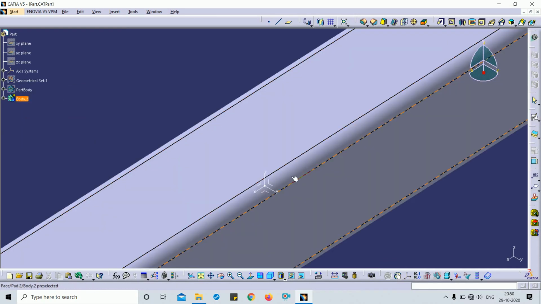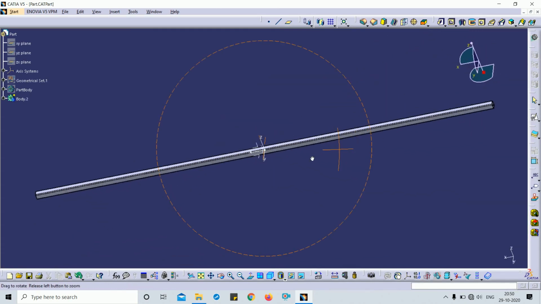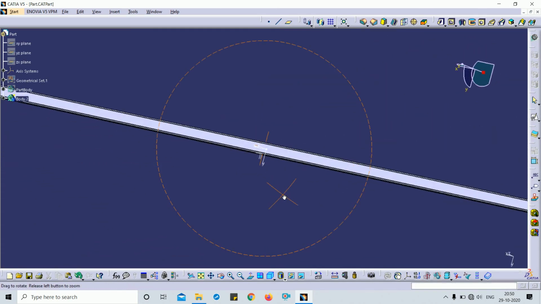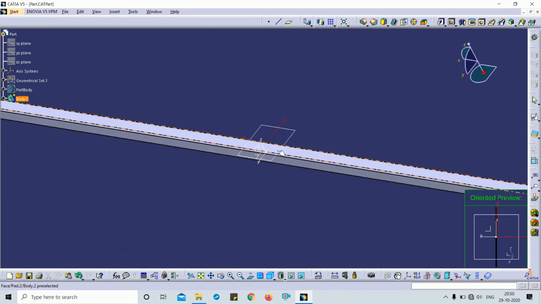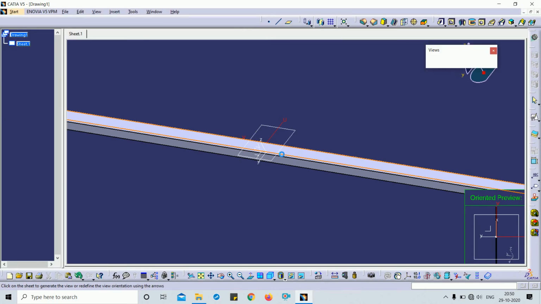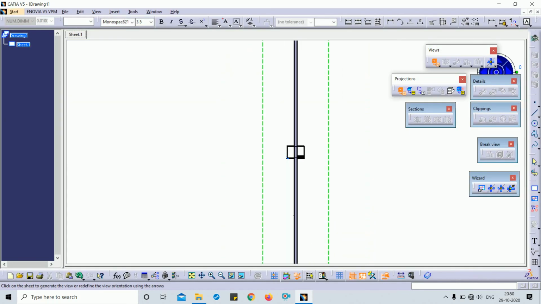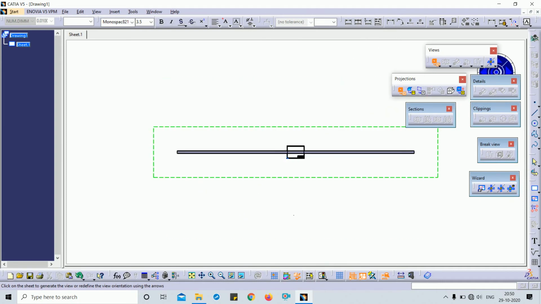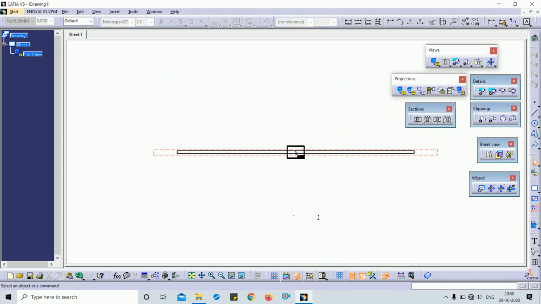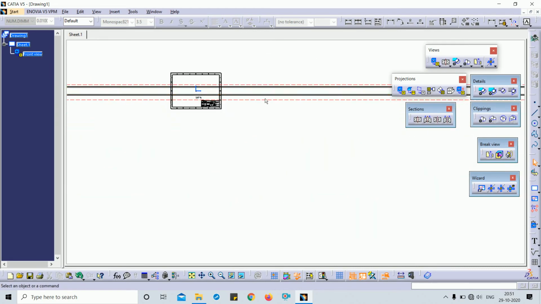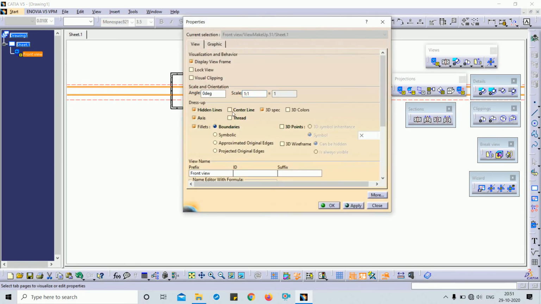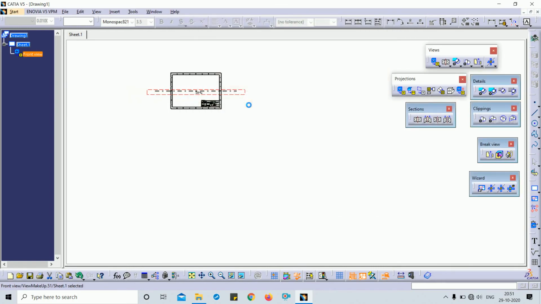This is my square tube, which has a length of 4 meters. So 4 meters means 4000 mm length. So this is my front view. This is very large in length. I just change its properties: middle line, axis, center line, and here I just put 1:10.